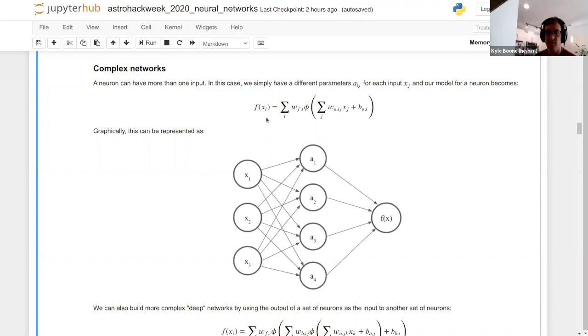So here's this written out in equation form. I just have a sum over these WX's rather than just a single one for a single input. But everything else is the same. I sum them up, put them through the activation function, and then so on. Sum everything up to get